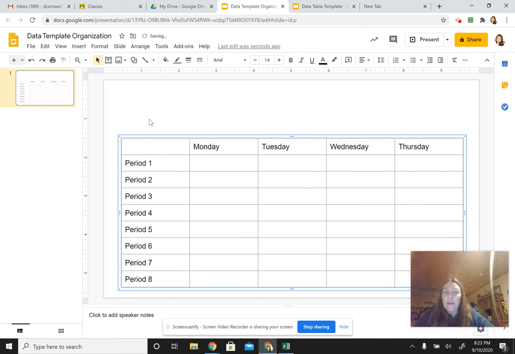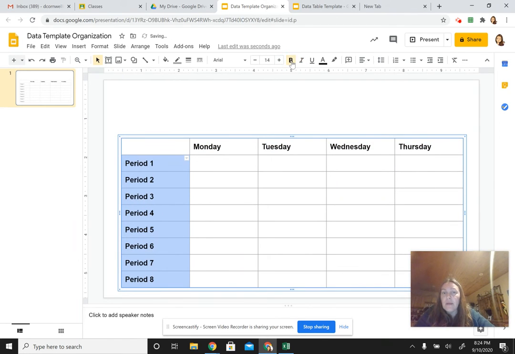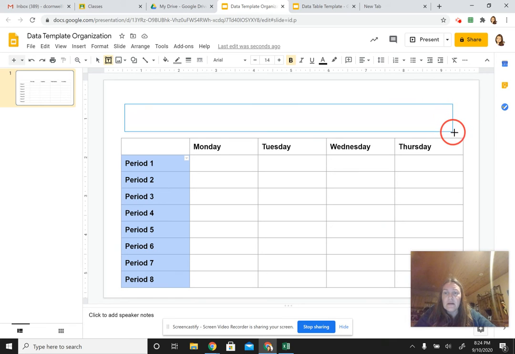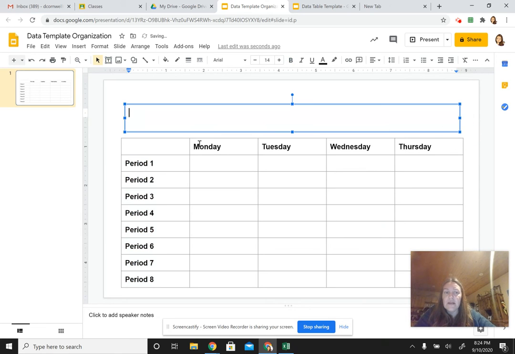Okay. So I need to say also, maybe I will make this bold. So B is bold. Maybe, let's say I'm recording. I'm going to put an X in the box if I wrote my assignment in my planner. Okay. So I need to put something in here that explains what it means. So I might say an X